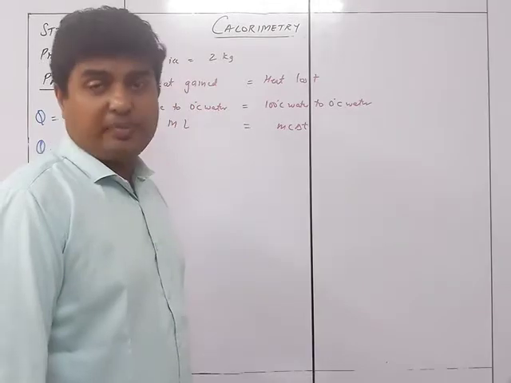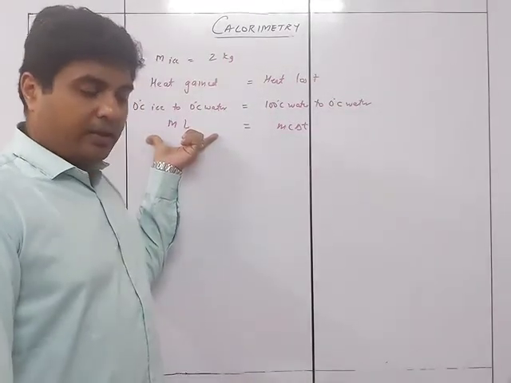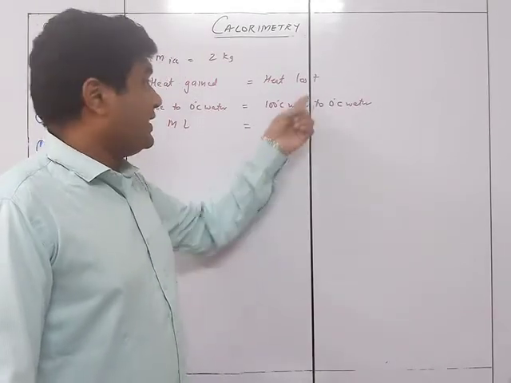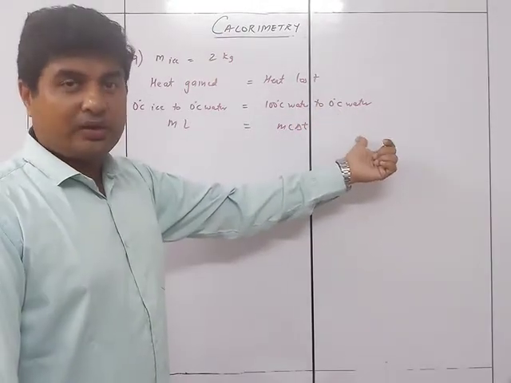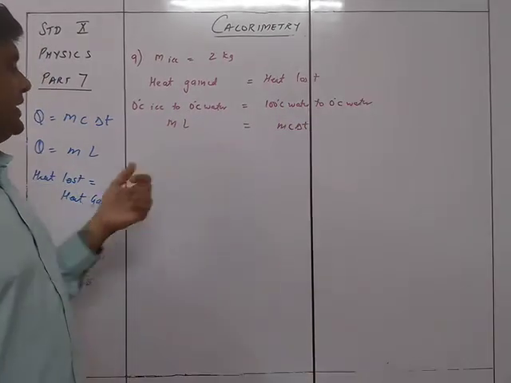Did you understand this? Why is it so? 2 kg of ice is going to be completely converted into water at 0 degree Celsius when 100 degree Celsius water is poured on it. Now whenever we pour the water, its temperature is also going to be 0. So the resultant will be 0 degree Celsius water.